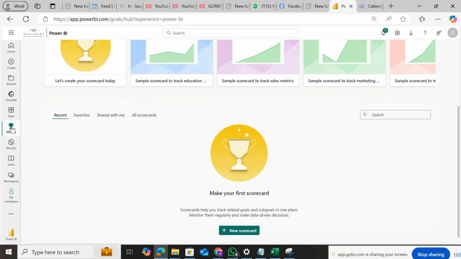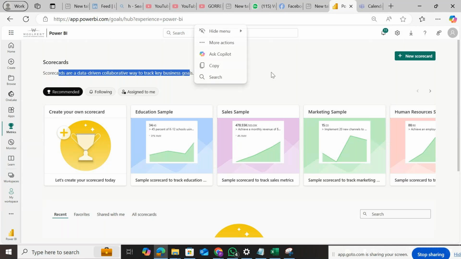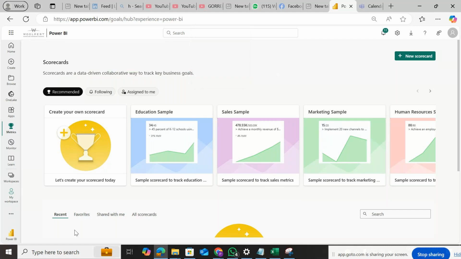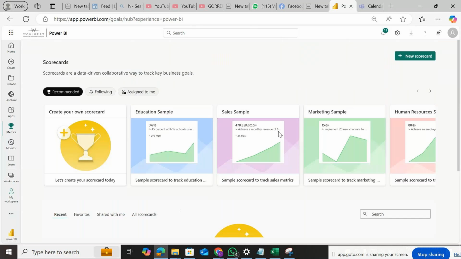So metrics is a screen which is going to contain all the scorecards that you have. Scorecards are a data driven collaborative way to track the key business goals, which is nothing but the key KPIs or key measures from different reports or data sets or workspaces that will be added here, and we can monitor everything from this single screen. Now, at this point of time, we don't have any scorecard created here, and you can create a new scorecard here. Click on new,